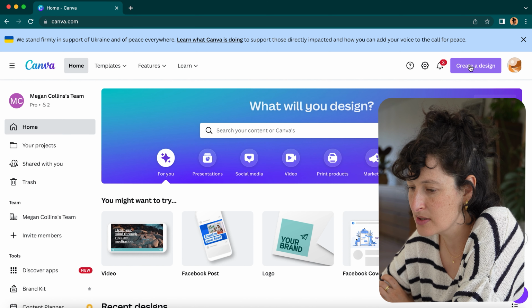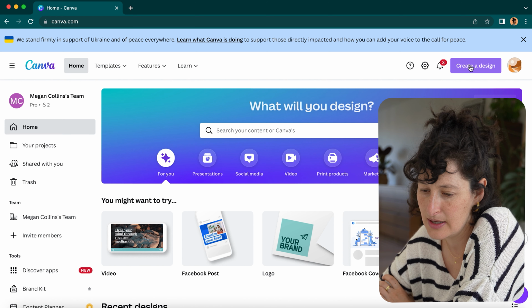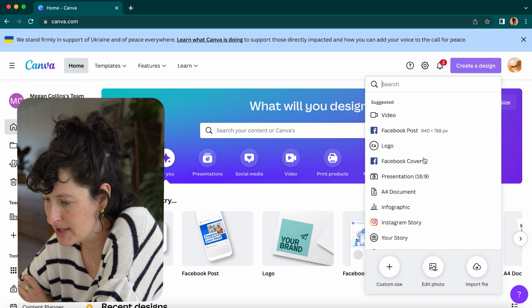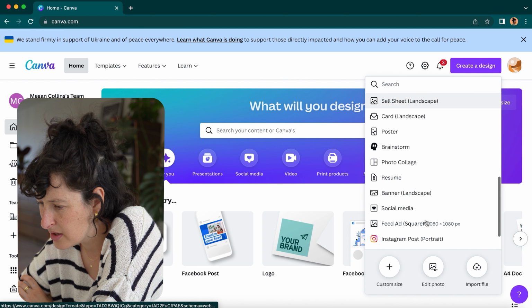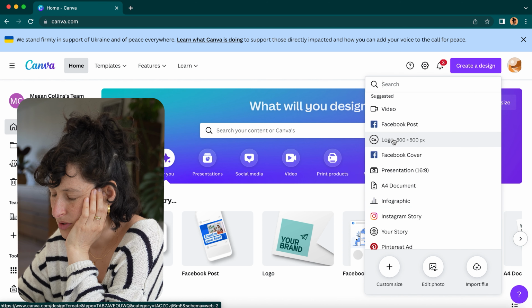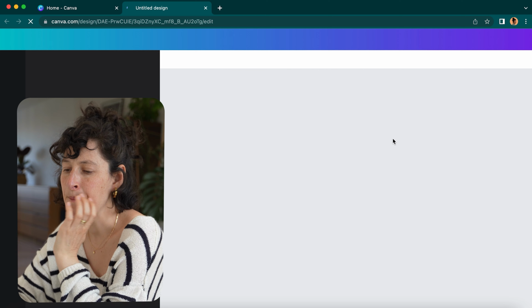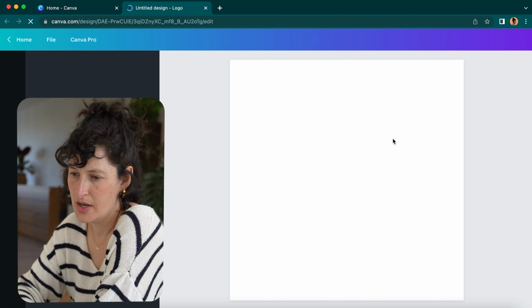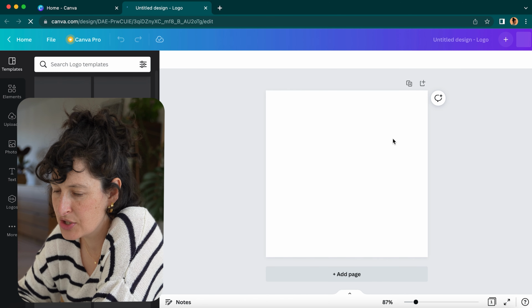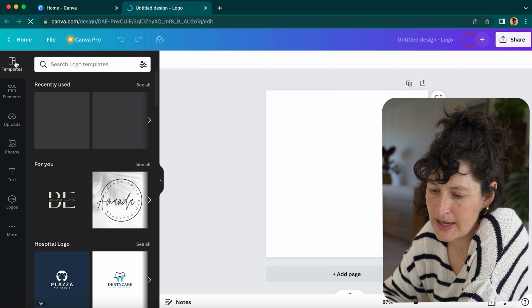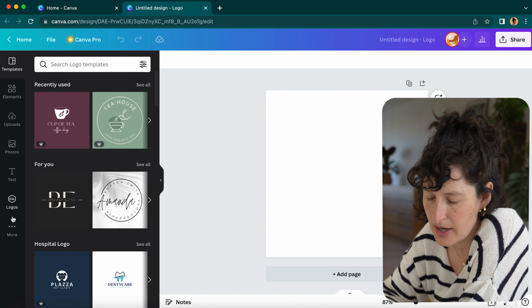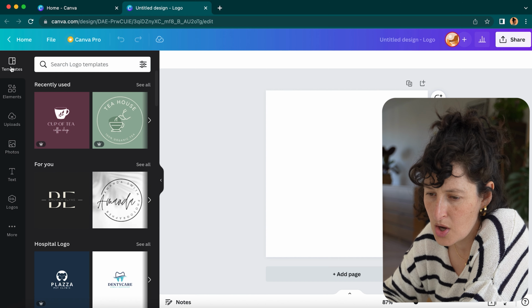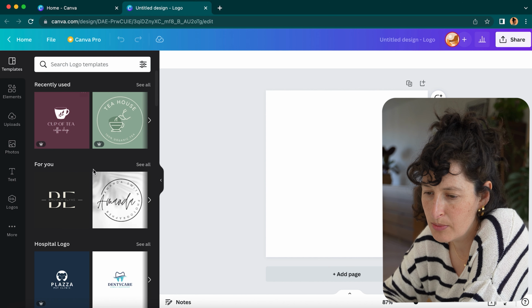So what we want to do is go to create a design. So then we're going to have a list here of options, and we're going to scroll down and find logo. And we're going to open up a page there, and you're going to see here on the left hand side you've got templates, elements, uploads, photos, text and logos. So what we're going to do is go to the template section,